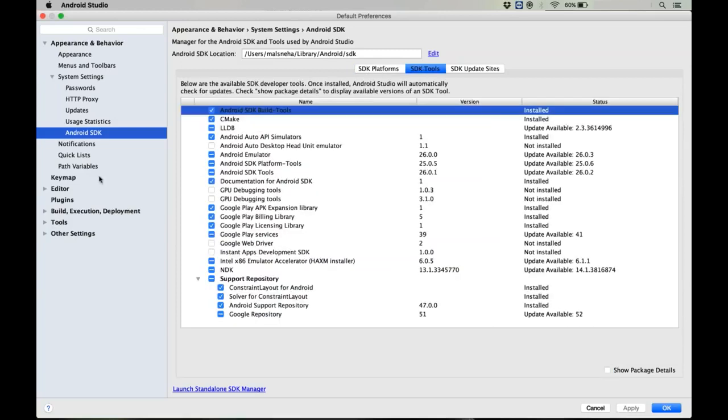In SDK tools, please install this, your Intel x86 emulator. Now, when you're running the emulator, the emulator works because of this emulator accelerator. That is the Intel x86 emulator accelerator that you see here. Please install this. Do not worry about the NDK because you'll not be writing the NDK programs. And then